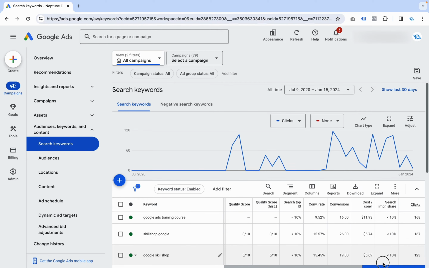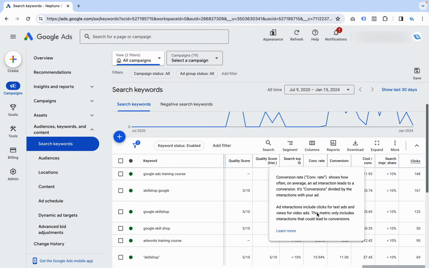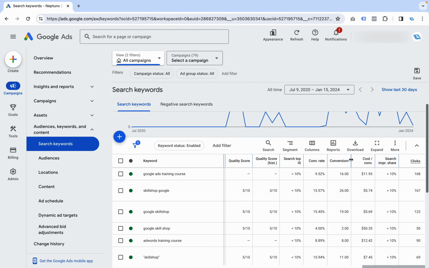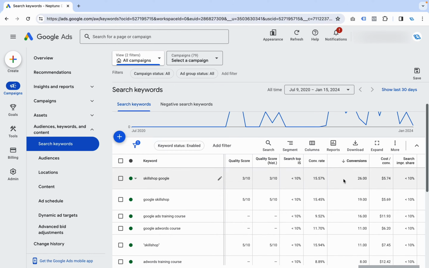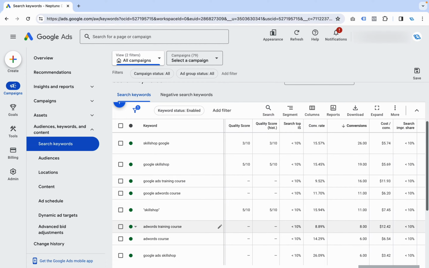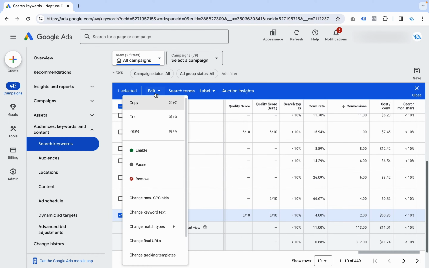So if I scroll all the way to my right-hand side, notice it's populated my report with 4 more, I think even 5 more reports. So now I get to see what my conversion rate is. I get to see which keyword has brought me in the most conversions. So if I click on conversions over here, it'll sort it out and show me which keyword is converting the most. I'll also see my cost per conversion for each keyword. And obviously, if you find keywords that don't convert, you can just come here and say edit, and you can just pause that particular keyword.